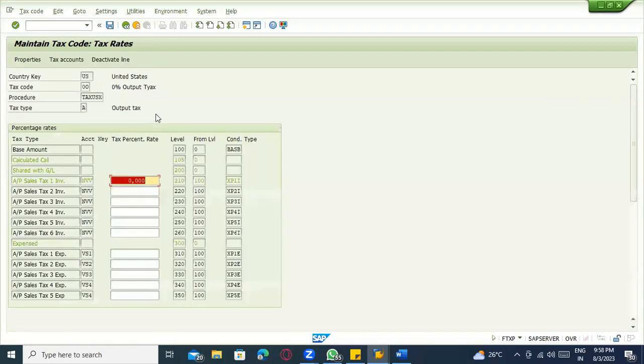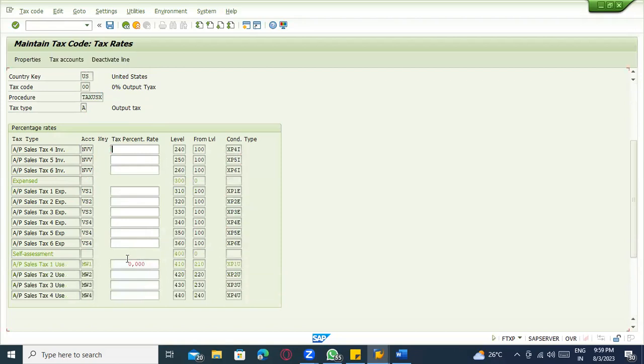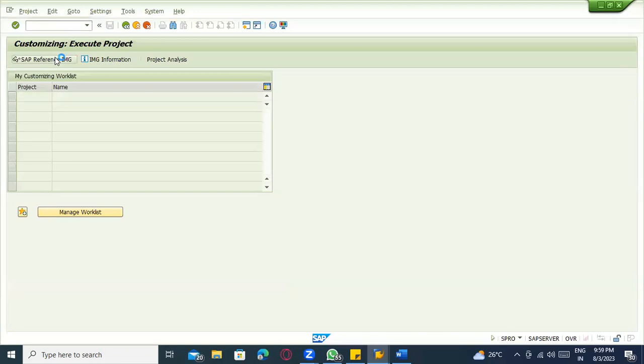You can see here, this country is assigned to this tax procedure in the FI configuration, and this tax procedure has the output tax code, and this output tax code has these types of condition types. What are the condition types? XP, I1, XP2, these are the condition types. Here we maintain 0 tax, that's why it is coming 0. Clear? Yes, sir. So this is the tax pricing procedure.